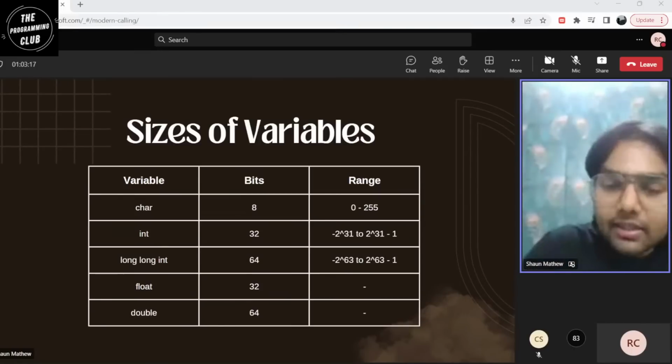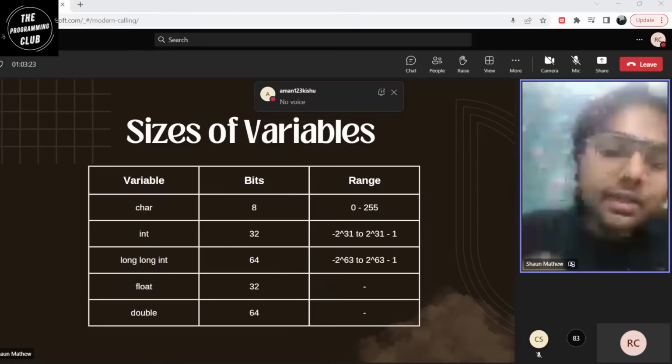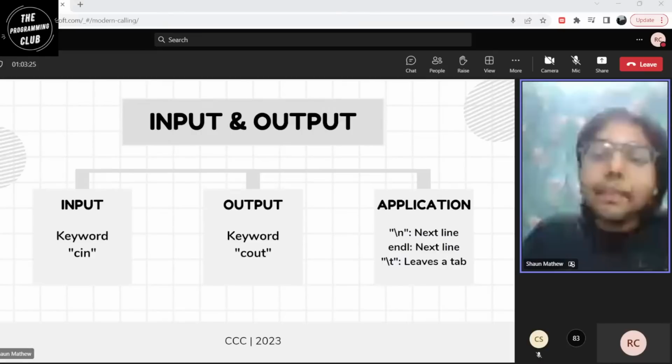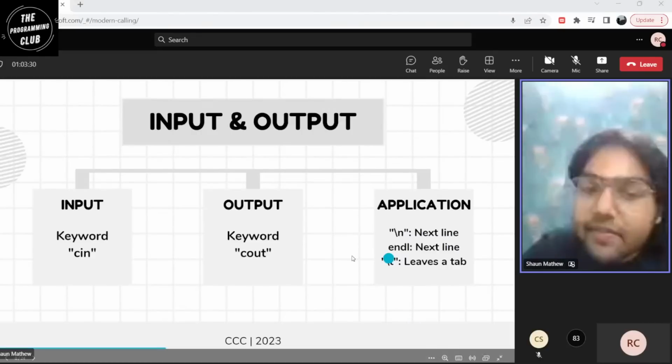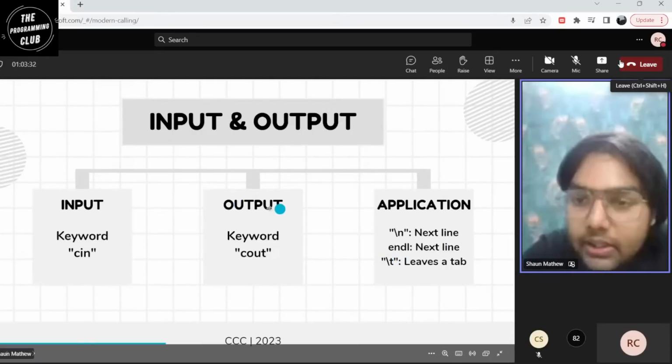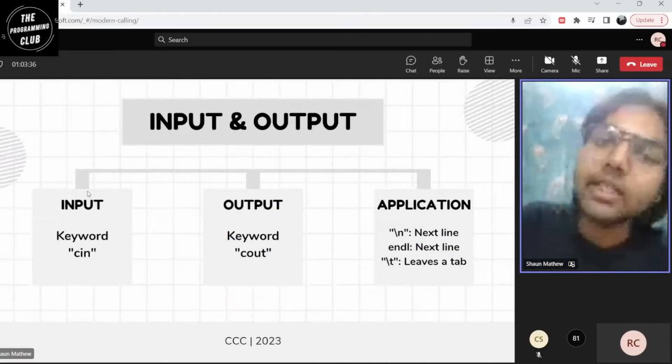We'll get to know this as we write code and so on. But for now, I just mentioned this here because later on when you want to refer to things, you can just have a look. Coming to the main point, that is input and output. We have visited this. We know what output is. We know what endl is. But there are a few more things left in here that we have to touch.